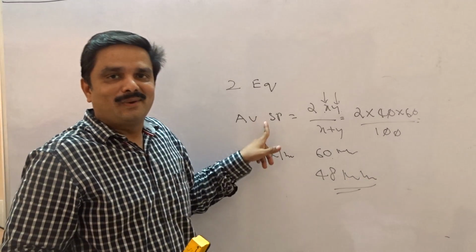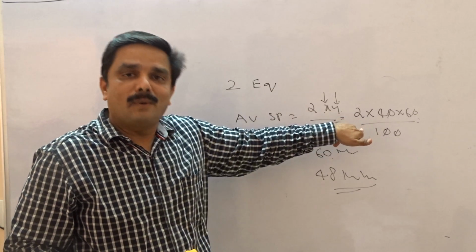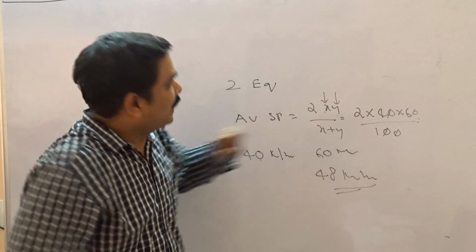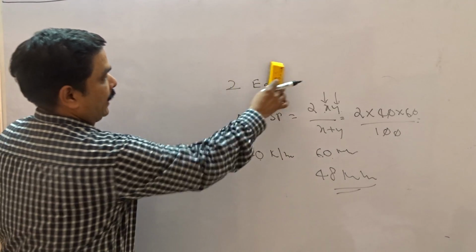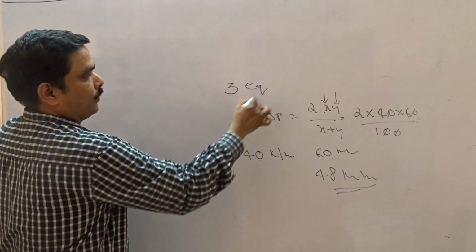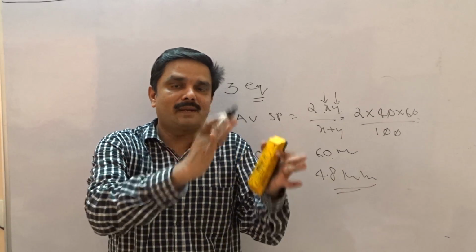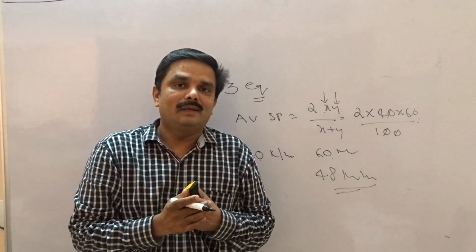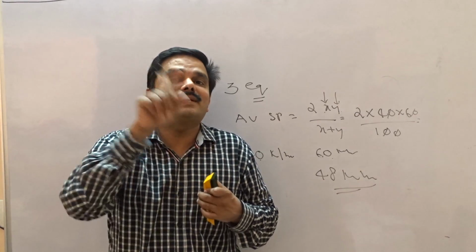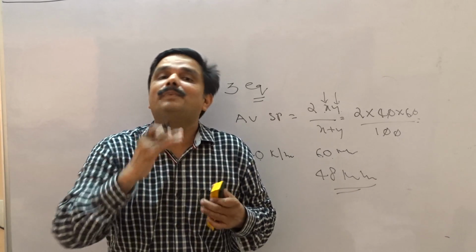So how easy is this one? Alright, whenever the distance is divided into two equal parts, apply the direct formula. It's going to be really useful for you for many questions in the exam. Then after that, sometimes they give it this way: the distance is divided into three equal parts. They may say 1/3 of the journey is completed at 40 kilometers per hour, then the next 1/3 at 50 kilometers per hour, and the rest of the journey at 60 kilometers per hour. What is the average speed for that journey?